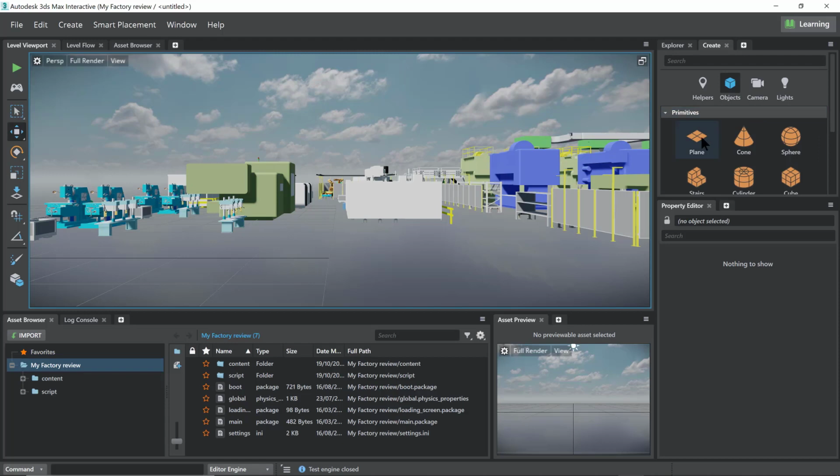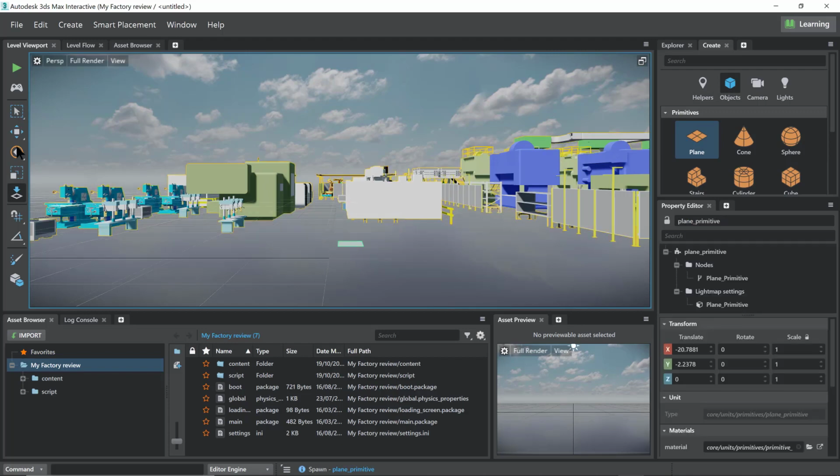So I'm going to use a feature in 3ds Max Interactive that allows me to create objects. In this case, it is a plane, and the plane has all the elements of gravity. I drop in a plane and I use few manipulation tools, such as in this case the scaling tool, and make it approximately of the size I require.